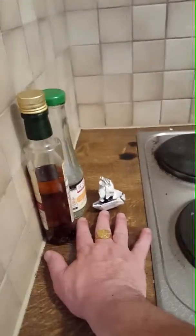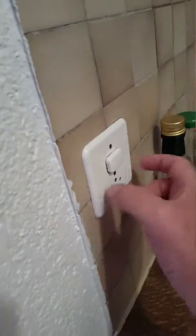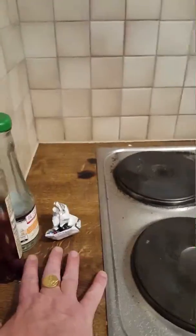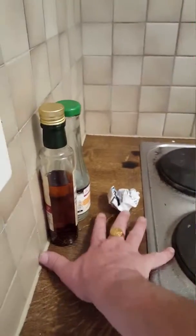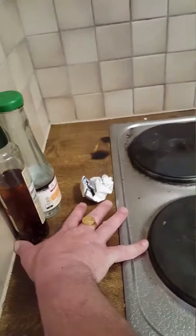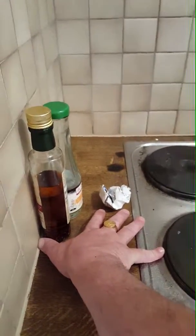Now, this distance, is it okay or not to put plastic bottles there? Whoever designed this kitchen, bearing in mind that he put an electrical socket here, has thought about that and said, yeah, that is safe. You've got a good handspan before you hit any hot metal. So Fabian,